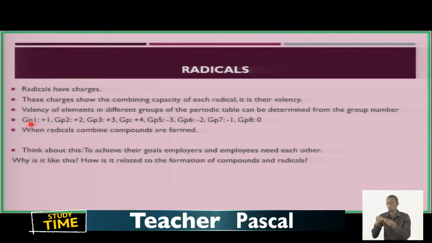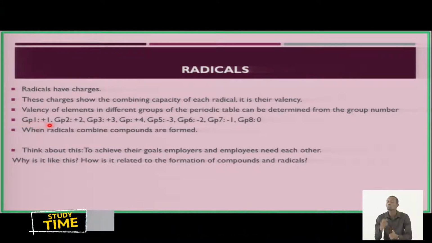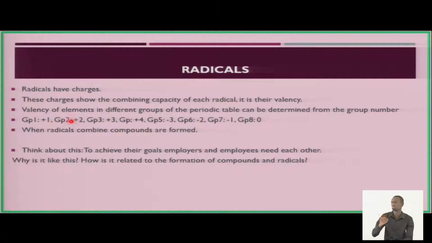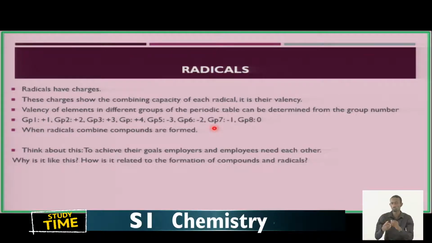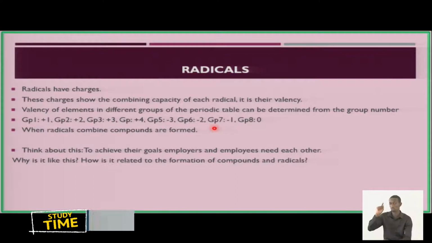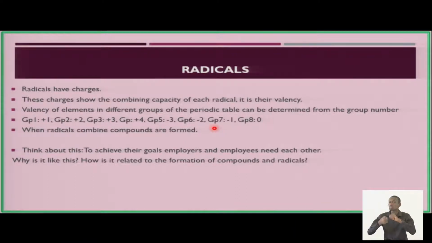For group 1, the valency is 1 plus. For group number 2, the valence is 2. For group 3, the valence is 3. And for group 4, the valence is 4. But when you go to group 5, 6, 7, then, to find the valency of an atom in the nonmetals, you take 8 minus the number of the group in which